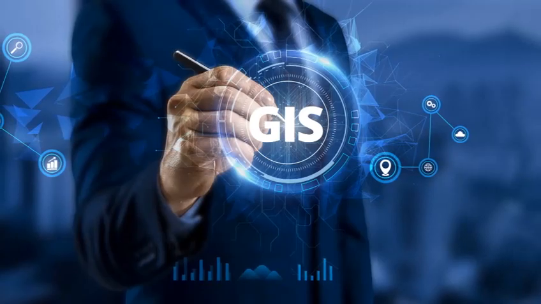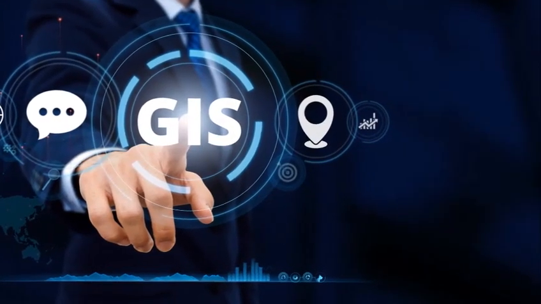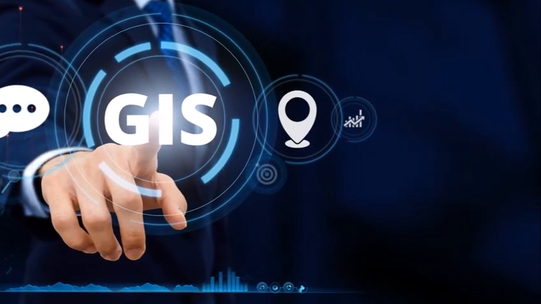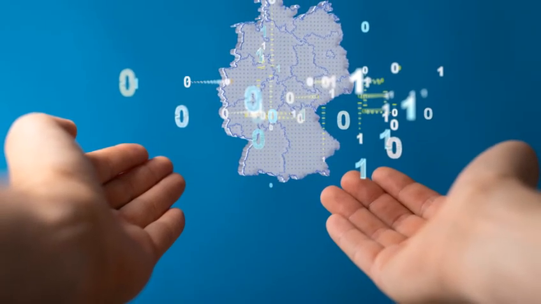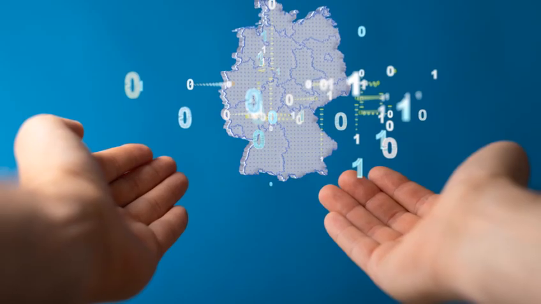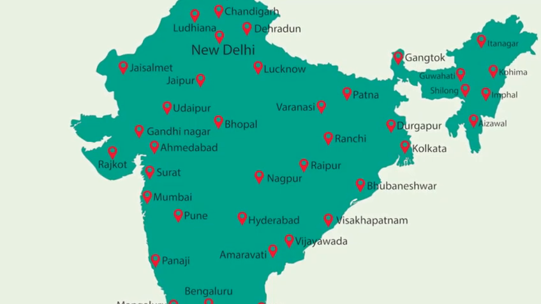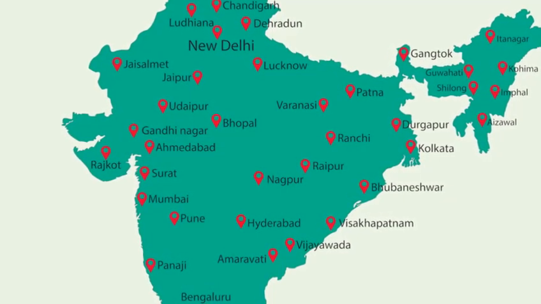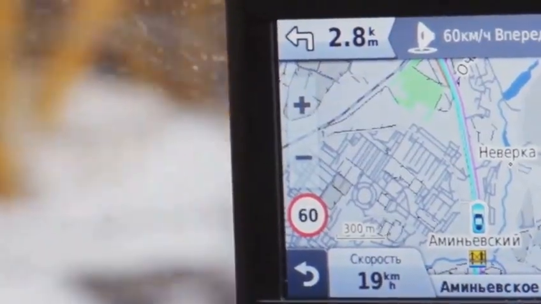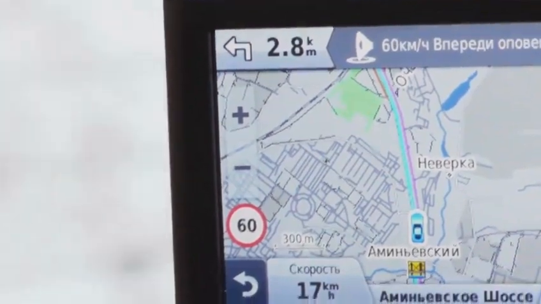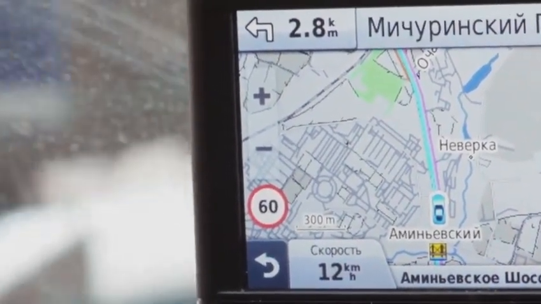GIS also uses tables, but it adds a crucial element: location. GIS links data to geographic coordinates, allowing us to visualize it on a map. Think of a map of India with all the major cities marked. GIS can tell you the distance between cities, the population of each city, and even the best route to travel